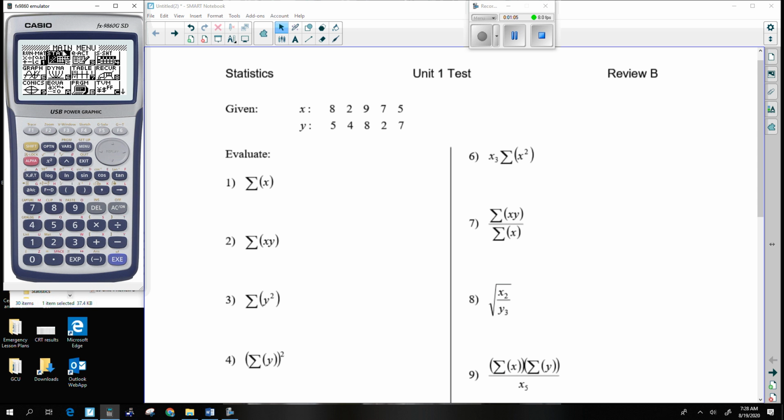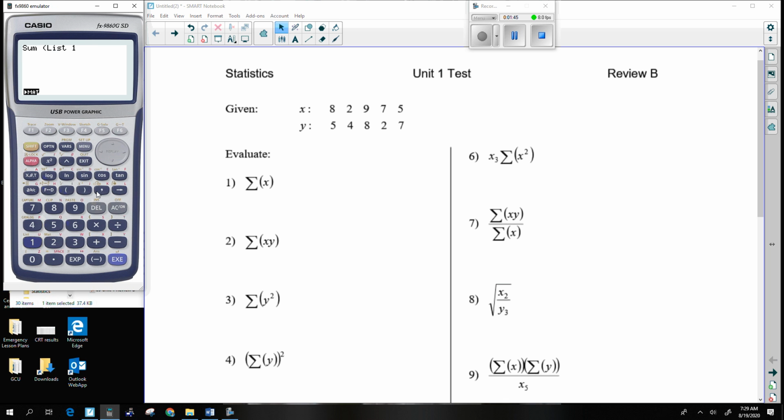All right, I am now going to do the actual math of it, so I go to the main calculator screen, which is that Run Mat. The very first problem that I have to do is the summation of X. Where I found the summation is in the catalog option, written in gold above the 4, so it's Shift 4 for the catalog. I need to find the word sum, which is at the end of the letter S. So I go to the letter T, and then I go up a couple. So there's the sum